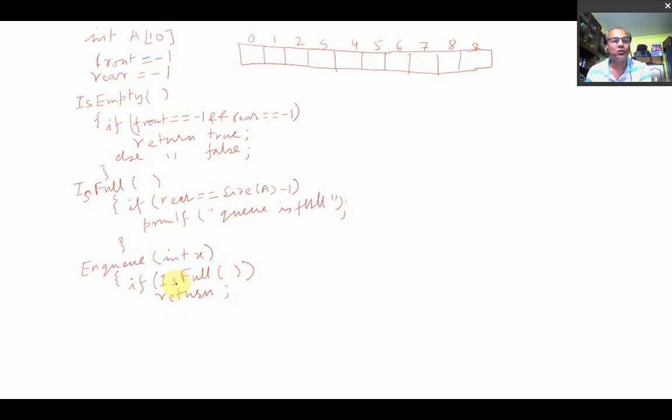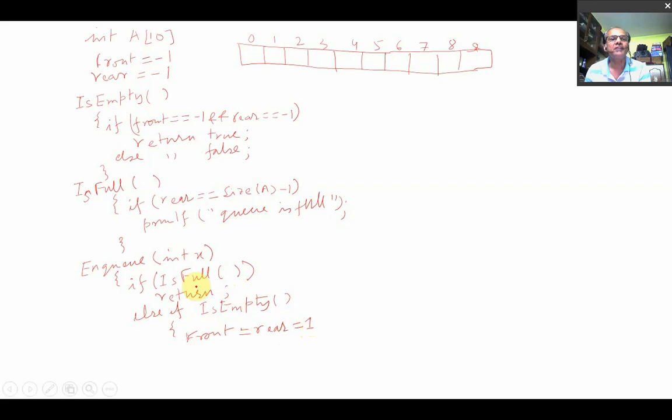Now if it is not true, then else if is empty, you have to check again. If it is not full, check whether it is empty or not. Empty means front is equal to rear is equal to -1.